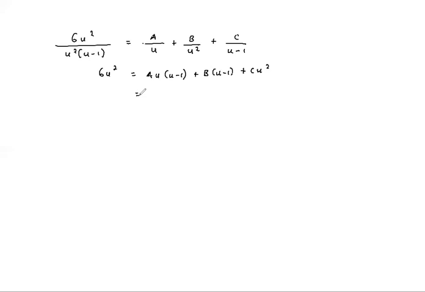So if we expand, we'll get au squared minus au plus bu minus b plus cu squared is equal to that, telling us that a plus c is 6